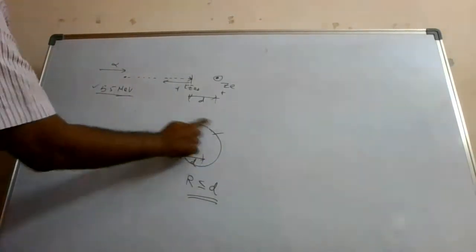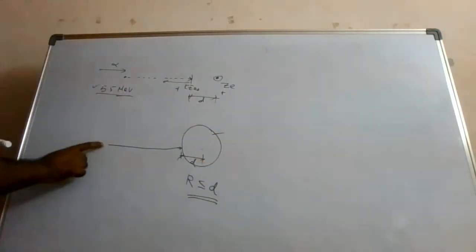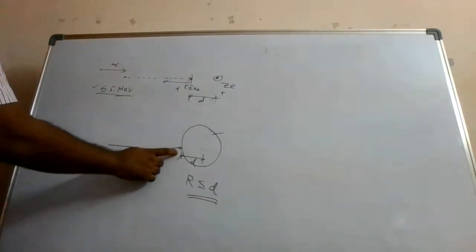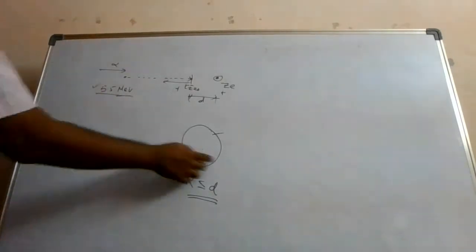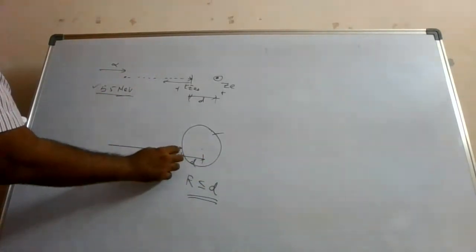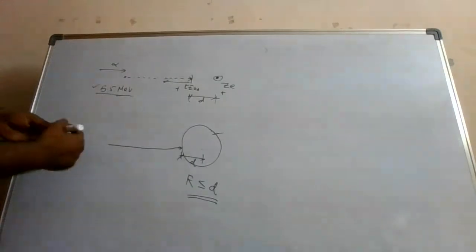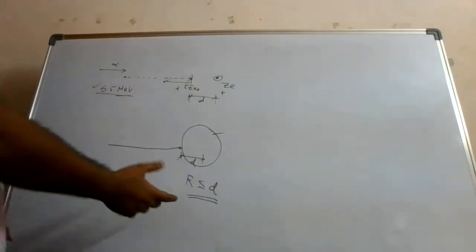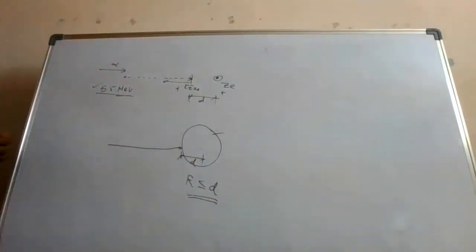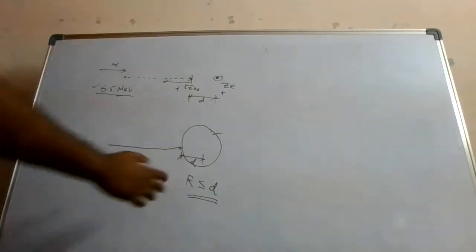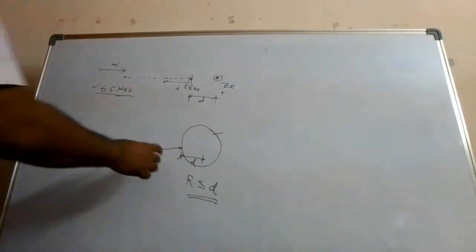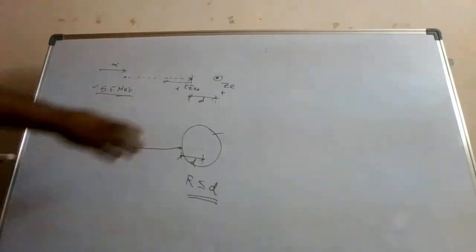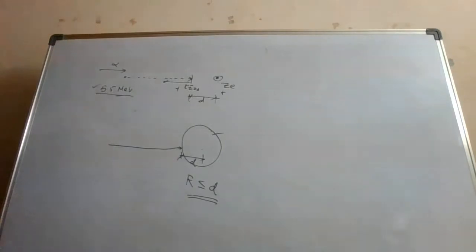So imagine this as a coconut, and this is coming very close. That coconut shell itself is a positive charge, so it cannot penetrate inside. So from here it will return back. So this radius is the radius of the nucleus, and it has to be less than or equal to the maximum. It cannot be more than the distance of least approach. Either it has to be less or at the maximum equal to the distance of least approach. Okay,